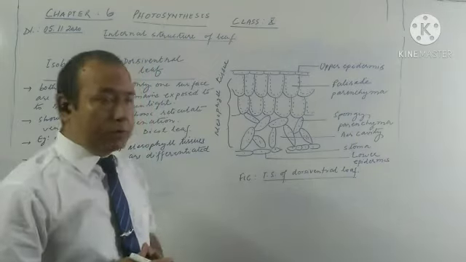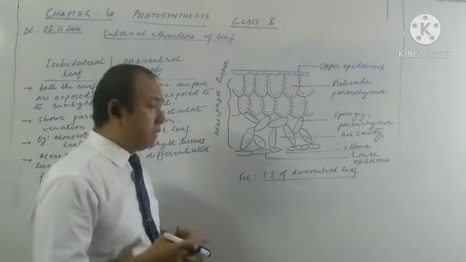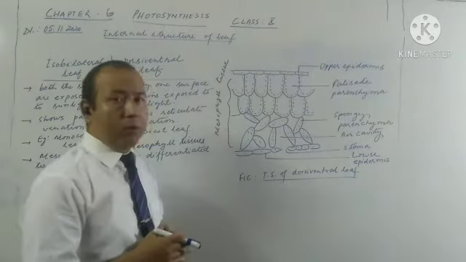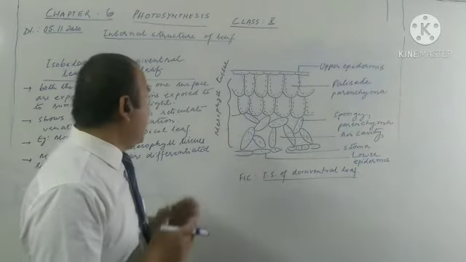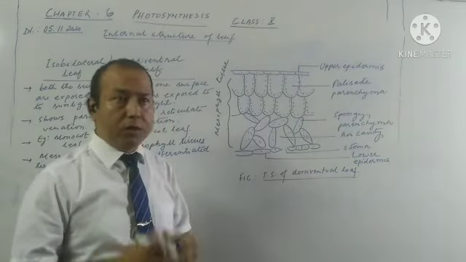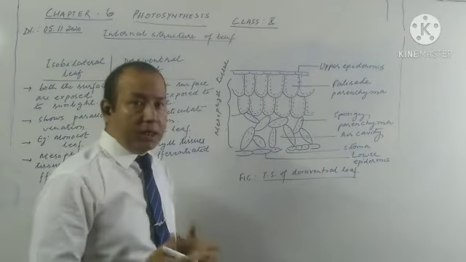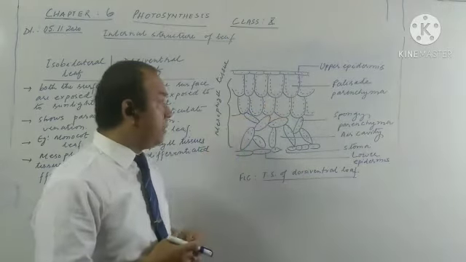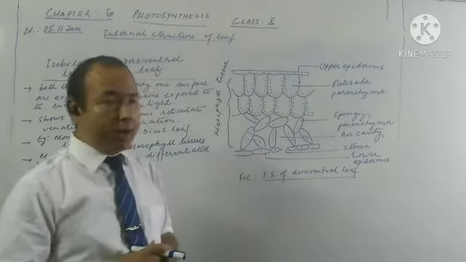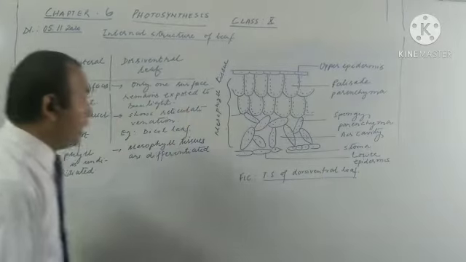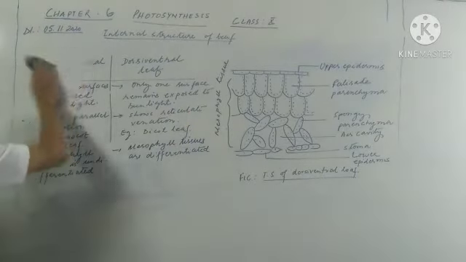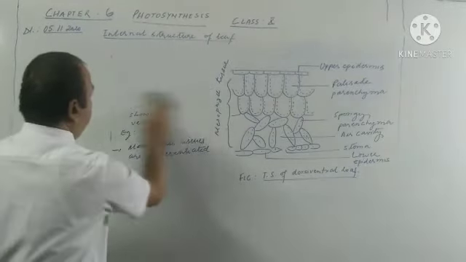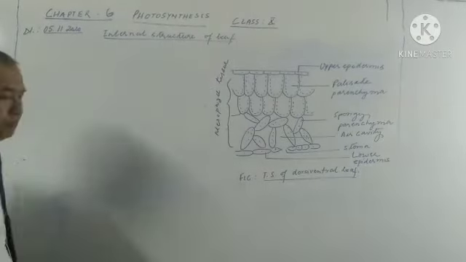Then, as I told you before also regarding mesophyll tissues or cells, they are the tissues which are present between the upper epidermis and the lower epidermis. In case of dorsiventral leaf, these mesophyll tissues or cells have been differentiated, modified into two different types of cells. The upper one is the palisade parenchyma and the lower one is the spongy parenchyma. Now here, one more difference you have to remember, that is how this palisade parenchyma is different from spongy parenchyma.